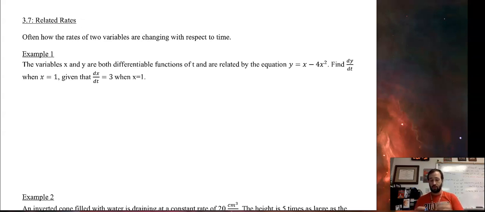So with related rates, things change with respect to others. Let me start with my first example here. If I have a balloon, right, a balloon,